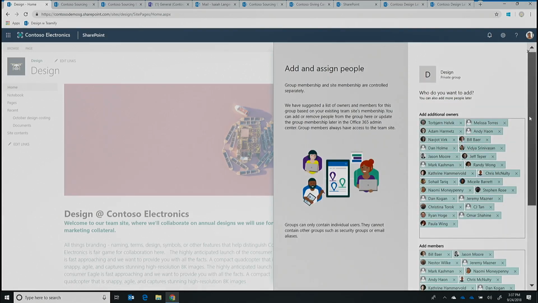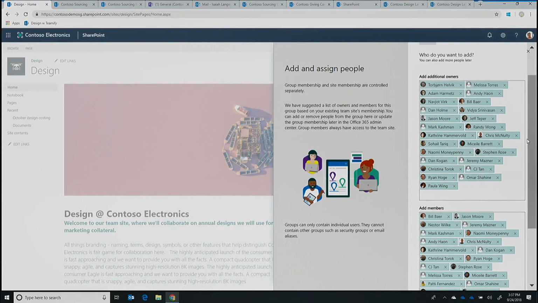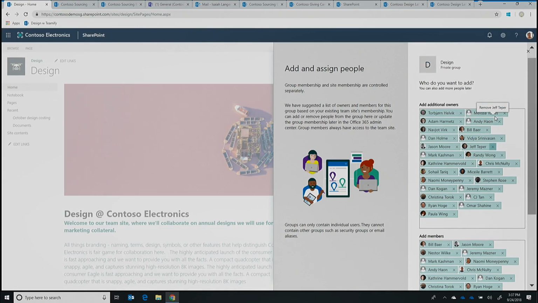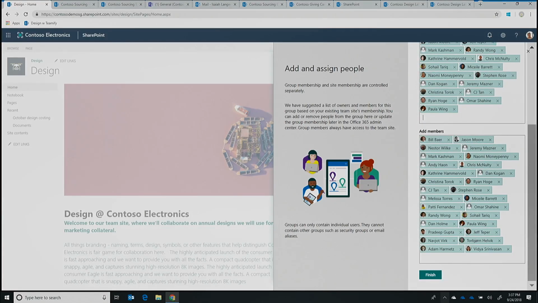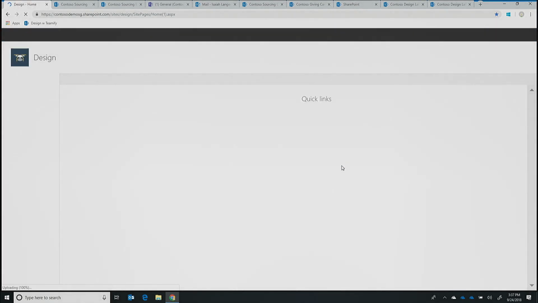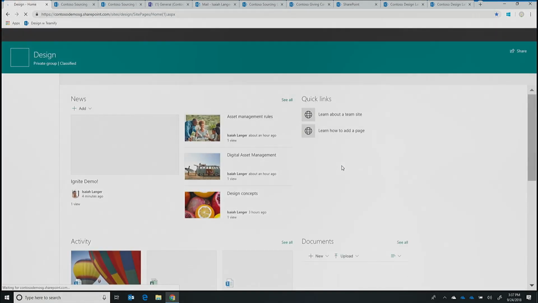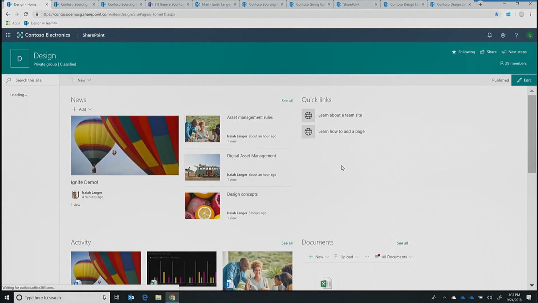The next panel basically inspects all of the existing members and owners in the SharePoint site and presents them as people that you might want to add to this new group that you're creating. And you want to do this because you want all of those people to also have access to all of the group resources that you're creating. So I'm going to accept everybody that's here in this list, click on Finish. And in just a couple of moments, we are redirected to the new team site homepage for the design site